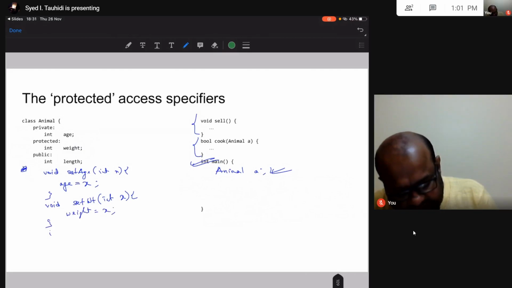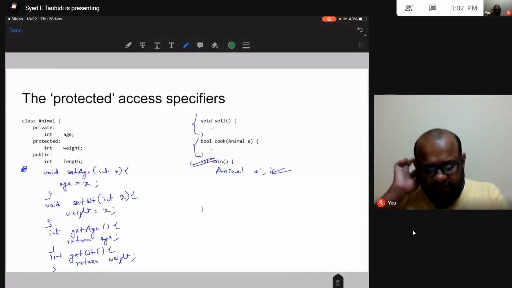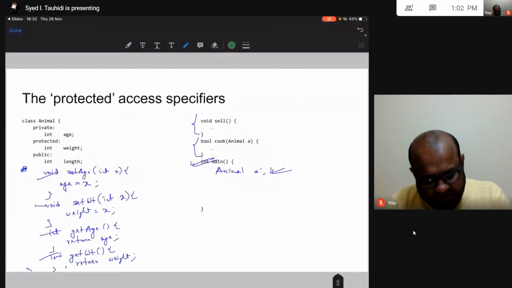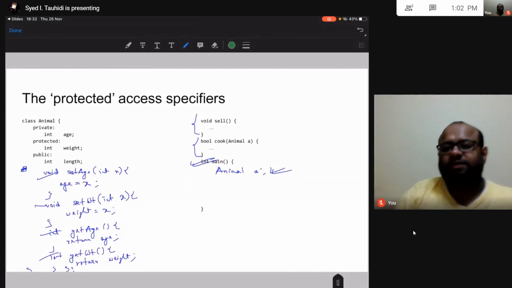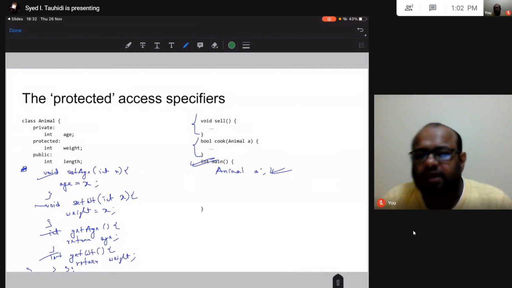Then int get age, which will return age, and finally int get weight, which will return weight. So I have these 4 different methods inside my class. Then I have to close this bracket and give a semicolon to end the class.